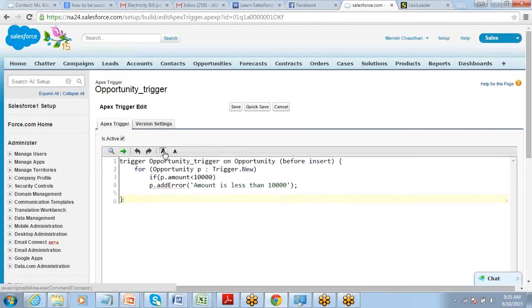So first of all, you will include the event before update. Alright, and then you have to write the code here. If p.amount is less than 10,000 and if Trigger.isInsert.